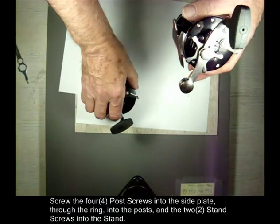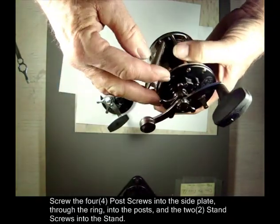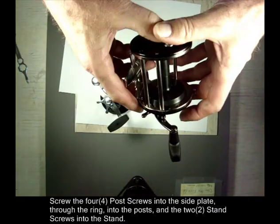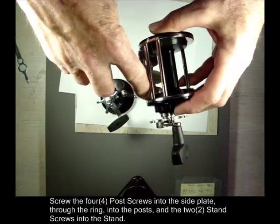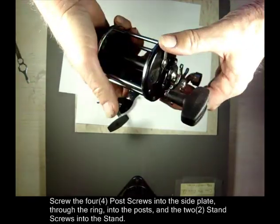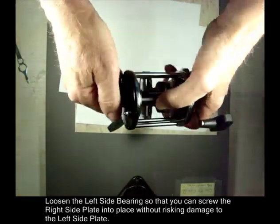And don't forget the 2 bottom screws here. The 2 bottom screws are shorter than the 4 post screws. You don't want to get one of the long screws sticking out where the fishing line can get stuck on it right there. Another suggestion would be to take this